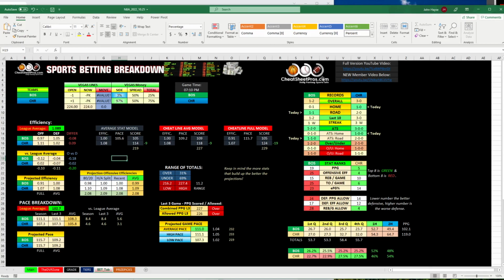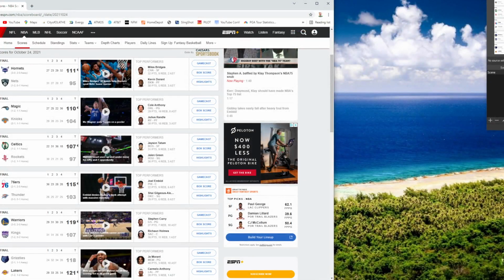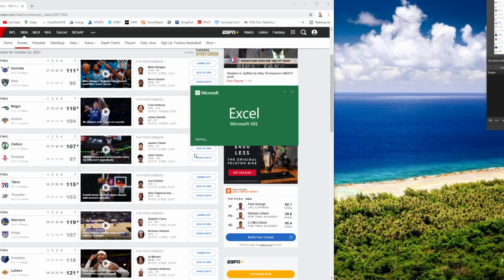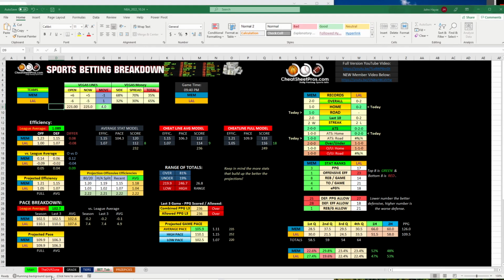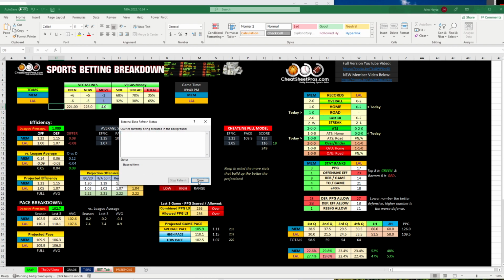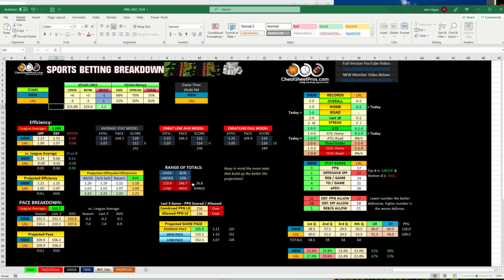So what I'm going to do, let me go ahead and pull up yesterday's sheet real quick. Let's go ahead and save this. And so let's see, yesterday, 10/24, okay. So I'm going to pull this up. Now, when you load the sheet, it automatically goes out and grabs all the Vegas lines. So I have to click down here and hit stop refresh. Otherwise, it's going to look wacky because it's going to pull today's line into yesterday's games,